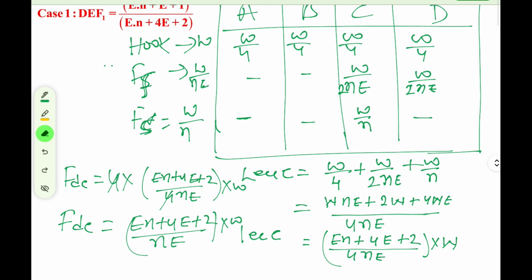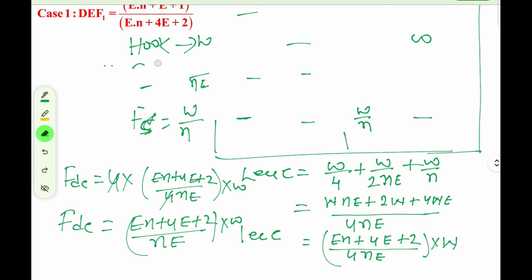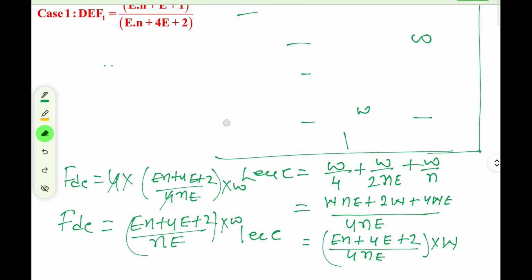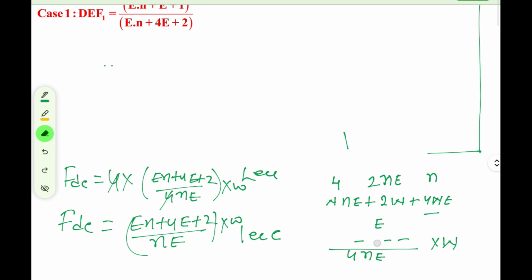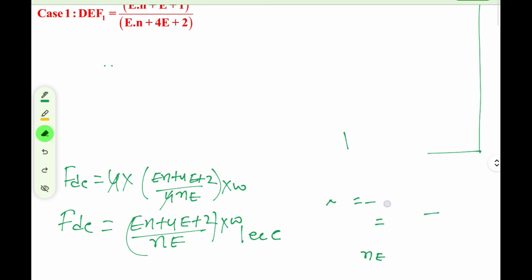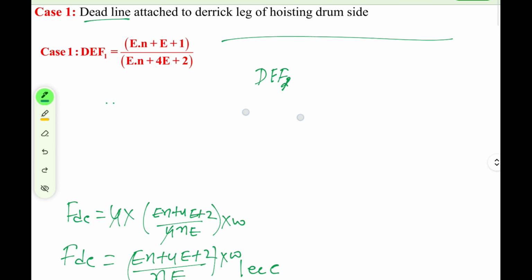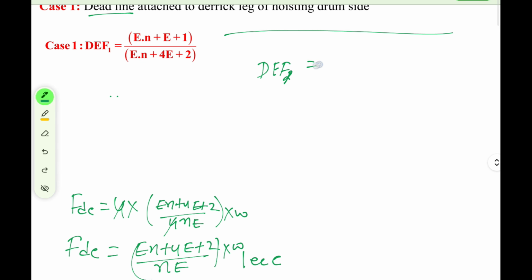Now the next step. So we have obtained this value. Now we need to calculate the Derrick efficiency factor for case 2, right? Derrick efficiency factor for case 2. So DF, the Derrick efficiency factor for case 1, not for case 2, this is for case 1. So that is nothing but the actual Derrick load. The actual Derrick load was